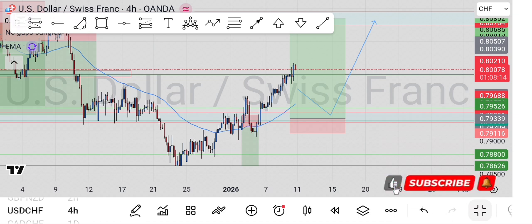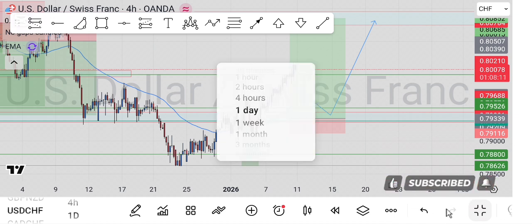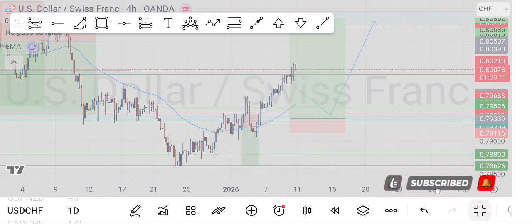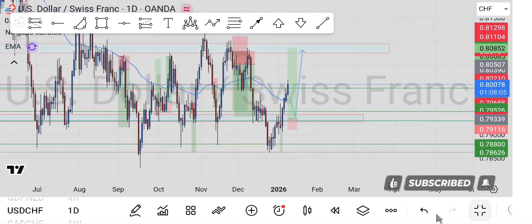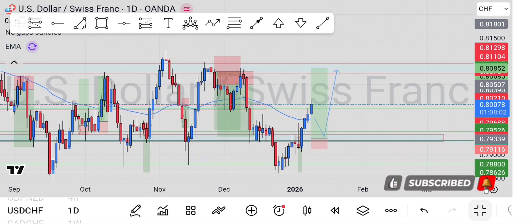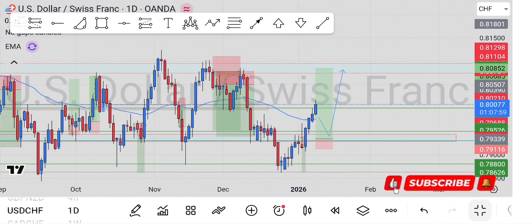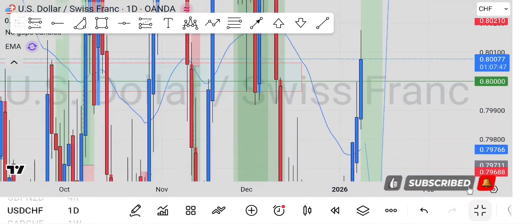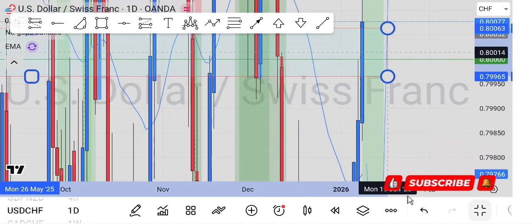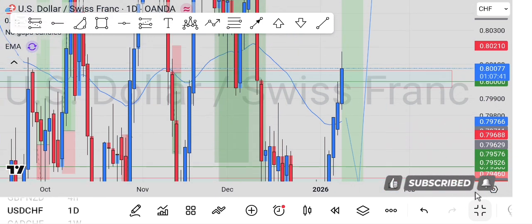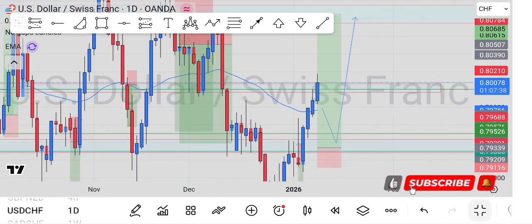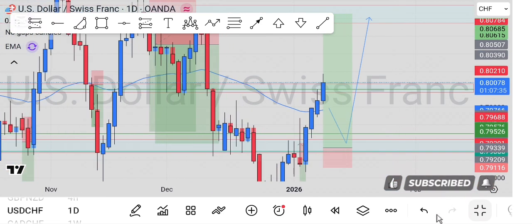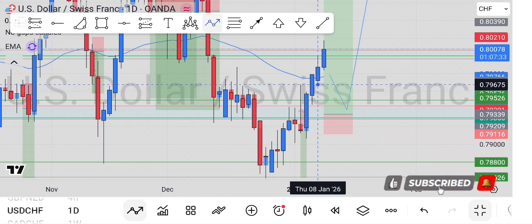And then USD Swiss francs, USD CHF, we are very much bullish on this pair. I'm expecting a retracement. This trade was one of my most annoying trades that I had in the December period, but it is what it is. So I'm expecting a retracement from this point here. This is the kind of thing that happened in the BTC USD trade. We close above this zone, but I'll still be expecting the market to come down to this point here,